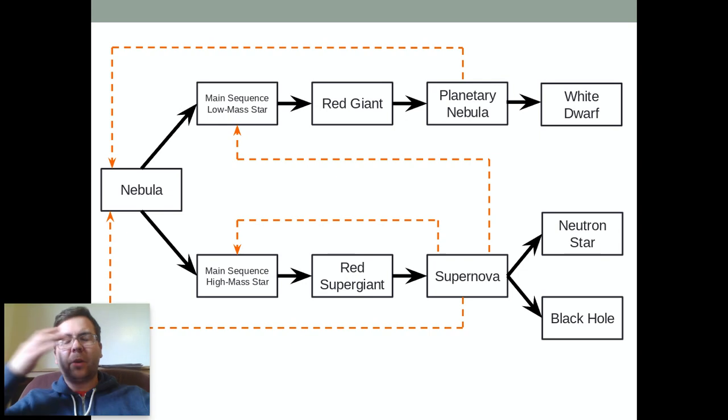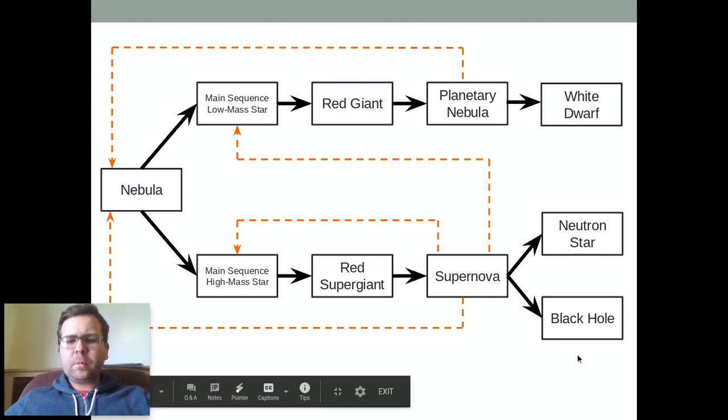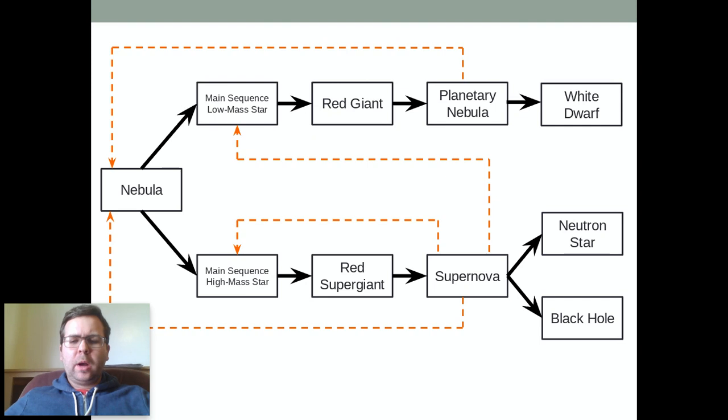And I know I went really fast through all that just now, but I want you to see this big picture here of what's going on in the universe. God is creating new stars. He's creating new elements, and he does this through the process of stellar evolution. The theory of stellar evolution is the explanation that we have. And this also explains where we get white dwarfs, neutron stars, and black holes from. Gives us good explanations for basically everything that's happening beyond our Earth, beyond our solar system. This is the theory of stellar evolution.